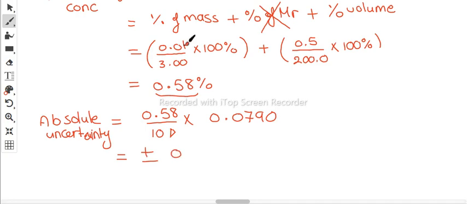The calculator will give you 0.004 and 5. Now, in order to take the correct number of decimal places for your final answer, if you look at your concentration value, you're going to find that you have 4 decimal places. So the uncertainty, it is in the inexact number, which is the last 0. So I need to have the same as 4 decimal places. So the 5 will give the 4, and your final answer, it will be plus minus